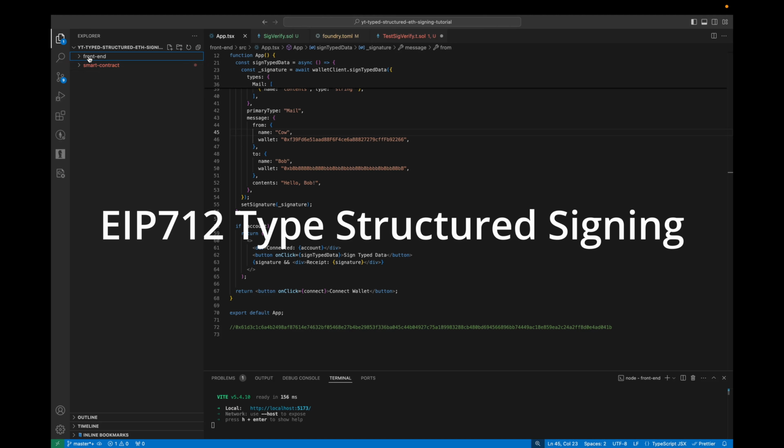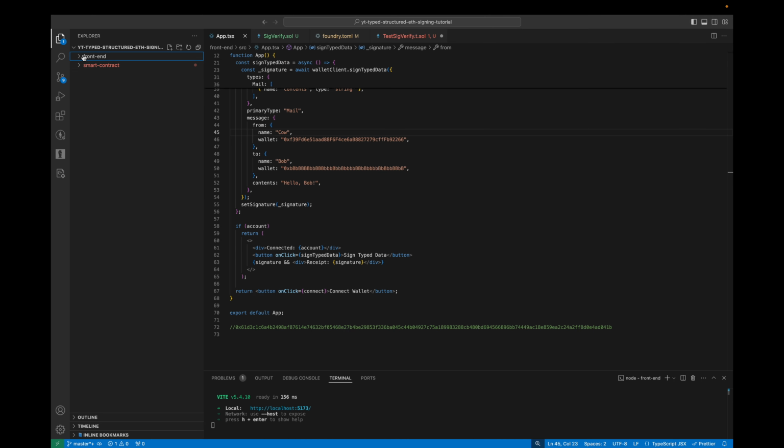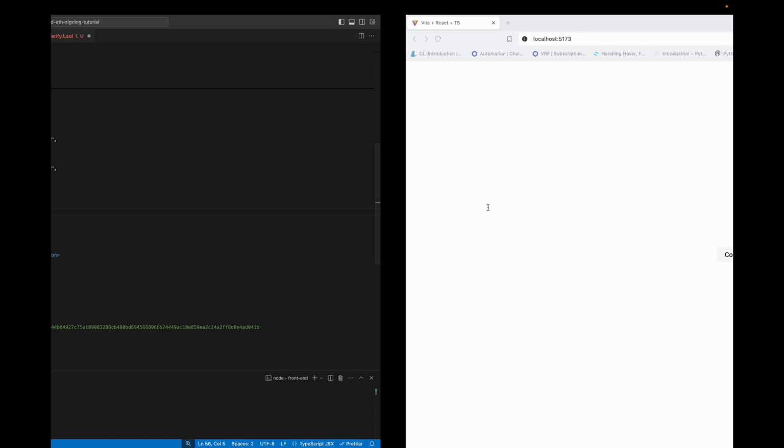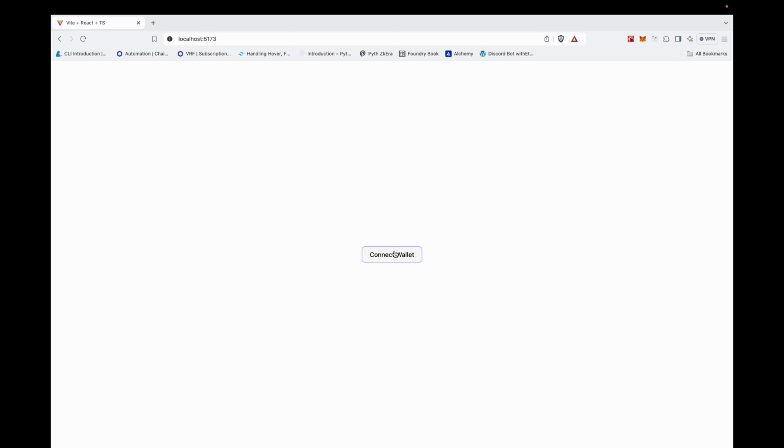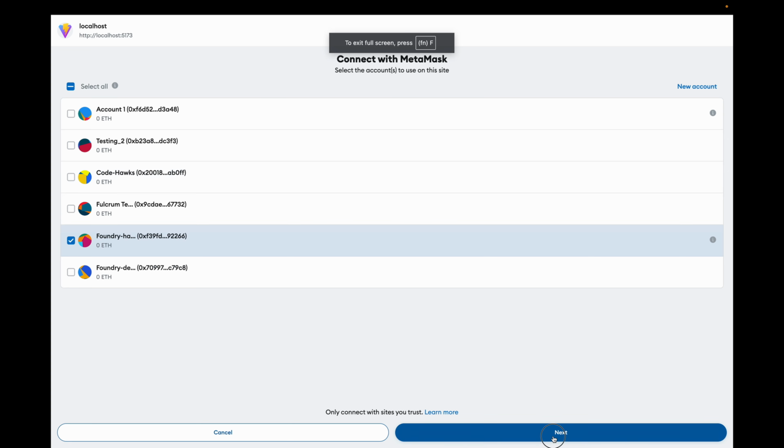of what you'll be making. You have the front end side and then you have the smart contract side. For the front end, you'll connect with your Metamask wallet and you'll assign the message. So you can see that right here. You have a simple connect button. You click on the connect button, connect your wallet,